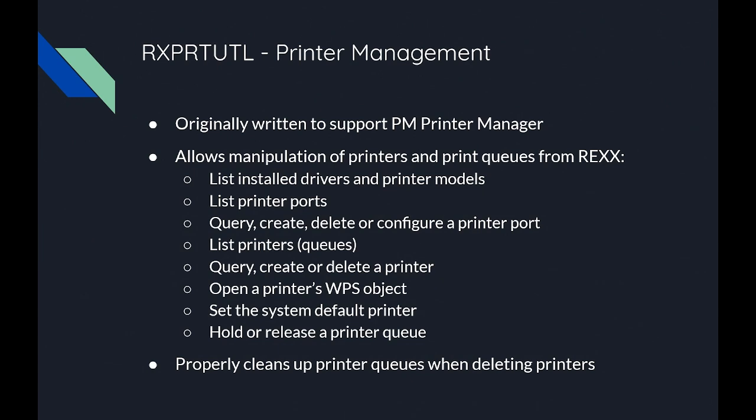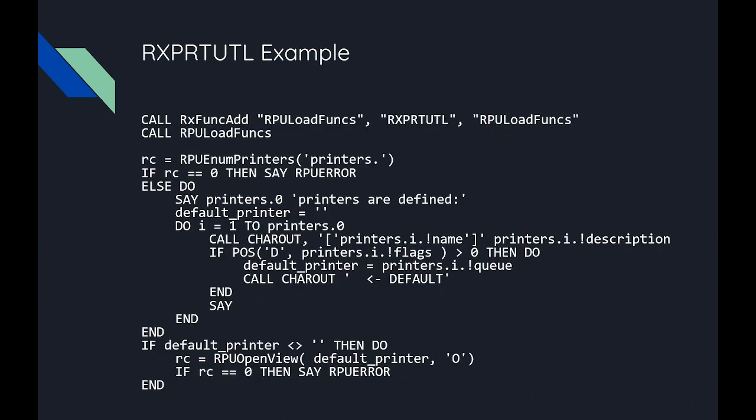You can open a workplace shell object of a printer, or you can open the properties dialog of a printer or a printer port. You can change or set the default printer. You can hold or release a printer queue. And yeah, basically all of the functions that my printer manager program needed, it does. So here's an example. It's slightly verbose, but